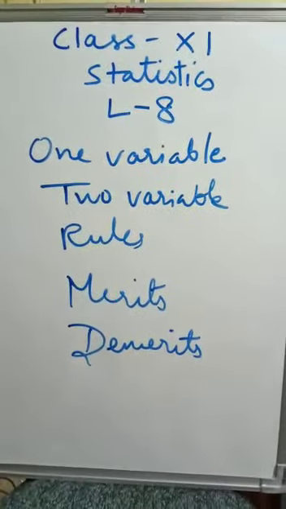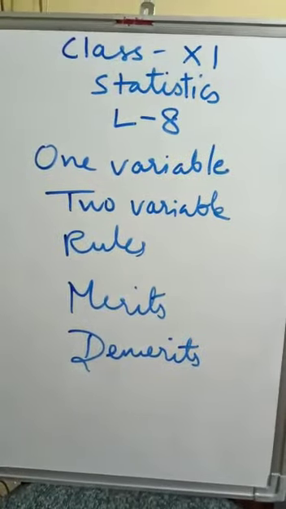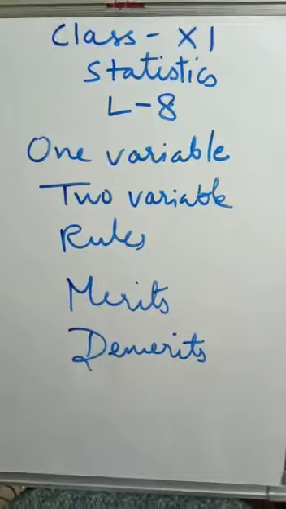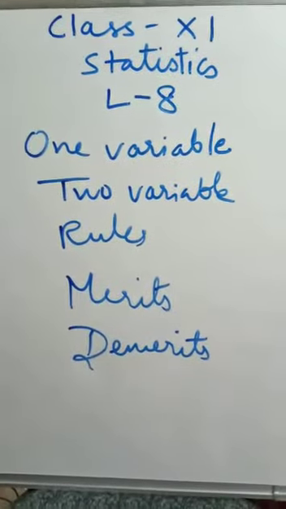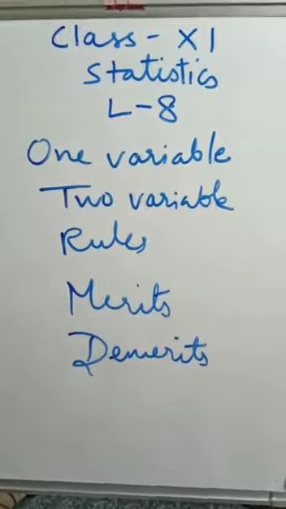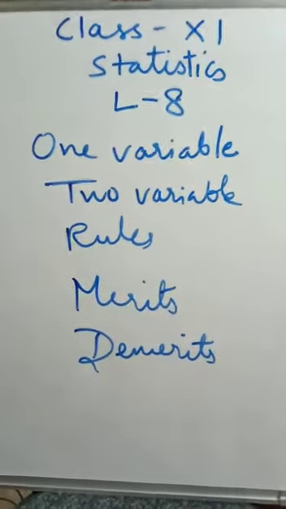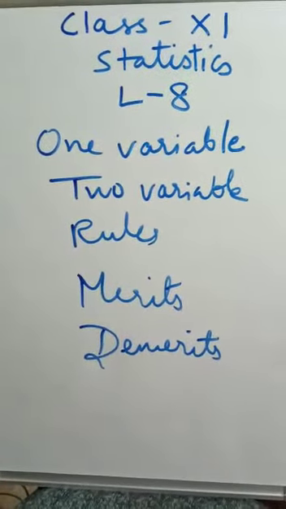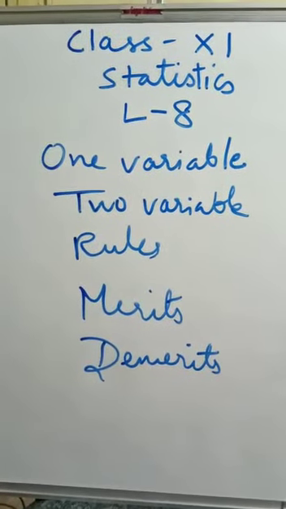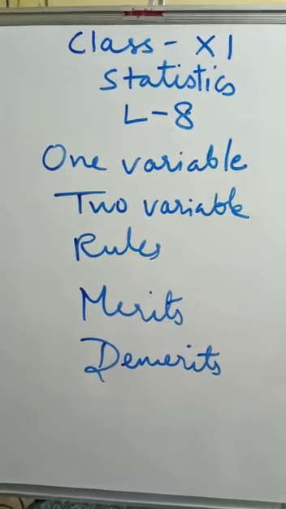Once again, I am going to take up what are the rules associated with diagrams or graphs which we should consider or undertake. Proper size, good proper precise heading, it should be in bold. There should be proper scale. Before making a diagram or graph, its scale should be properly determined and indicated.